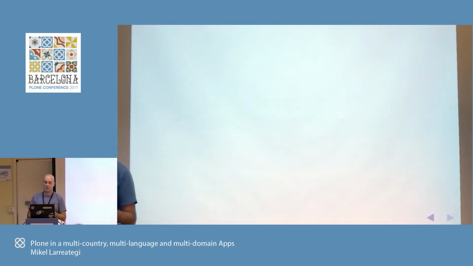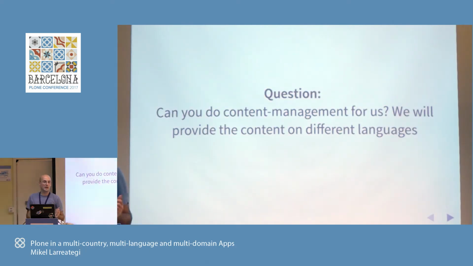The first one was, can you do content management for us? I don't want to learn Plone, I don't want to edit the content in TinyMCE. I will send you the content translated and you put it on the website. Okay, we tell him, but provide us with all the translations and everything, no problem, we will provide all the HTML and so on. So we decided, okay, this is a perfect